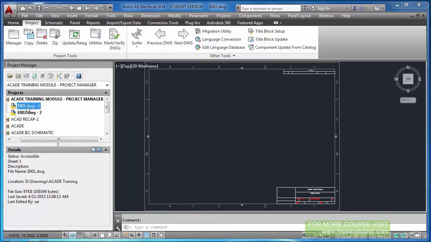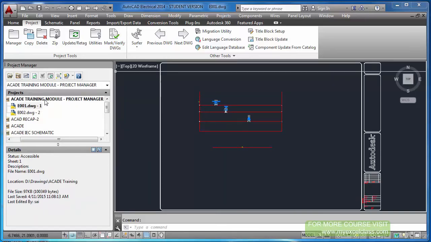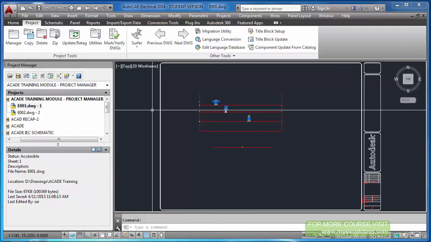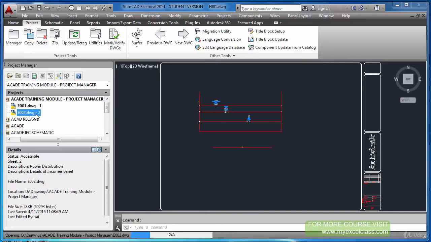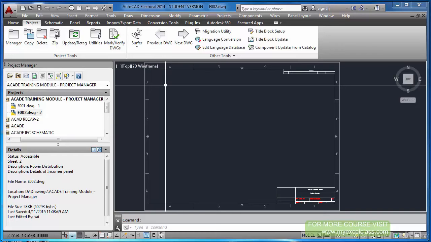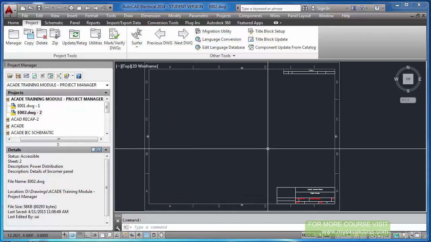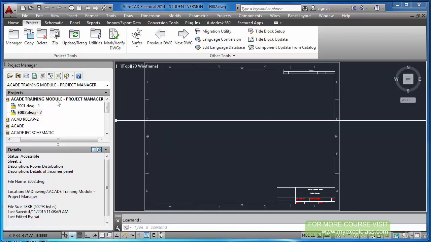I have shown you, if you have an open drawing, you can add that into your project. And I have added E0001 in that fashion. This drawing I created from a new drawing. I selected a particular template and inserted that into this project file. So there are two ways of adding drawings, and apart from that,